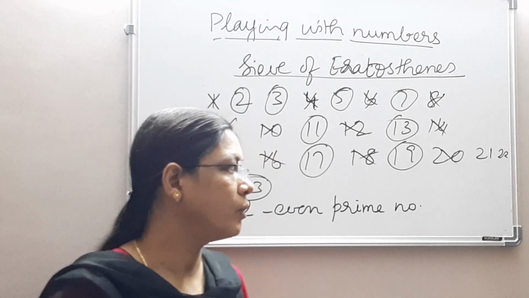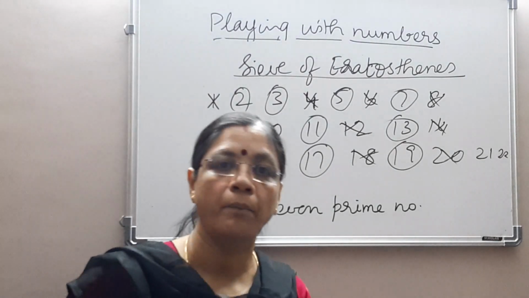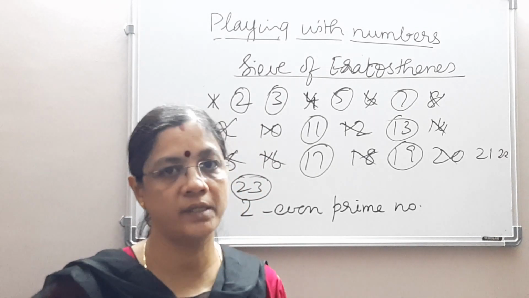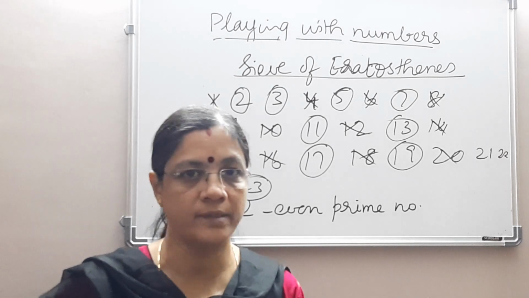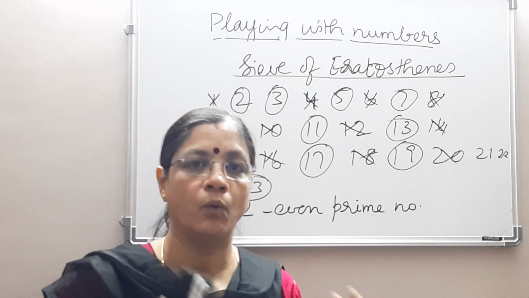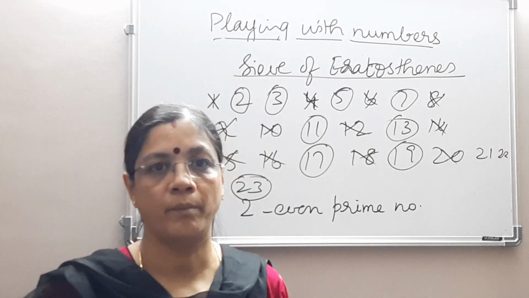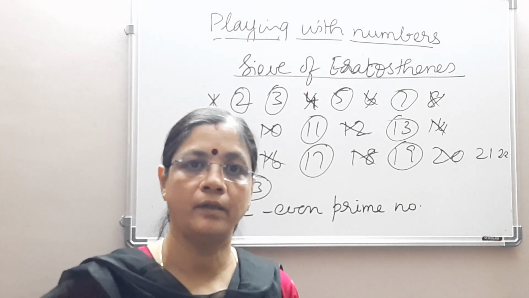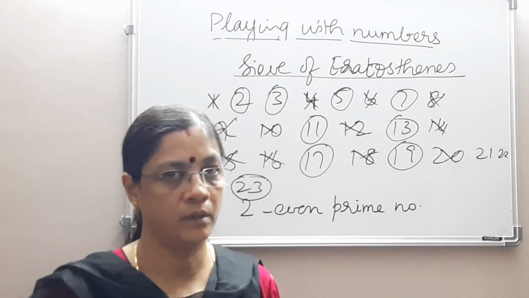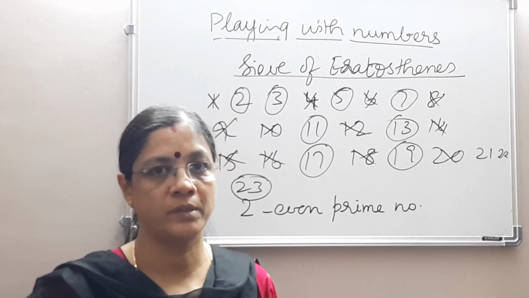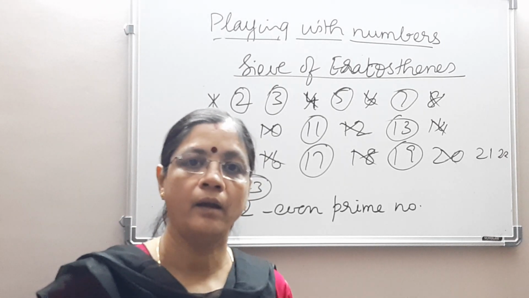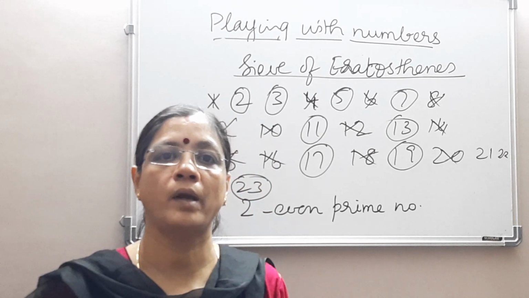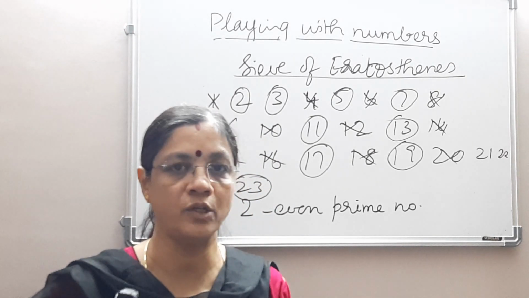So now you have got an idea about what are odd numbers, what are even numbers, what are prime numbers and what are composite numbers, and what is the only even prime number? It is 2. The rest of the even numbers are all composite numbers, because they have 1 itself and 2 as common factors, so we can't say they are prime numbers. They have other factors too, so they are called composite numbers. So we have seen what are prime and what are composite numbers. One is neither prime nor composite, and not all odd numbers are prime, but other than 2, all the prime numbers are odd numbers. So these things you need to keep in mind.